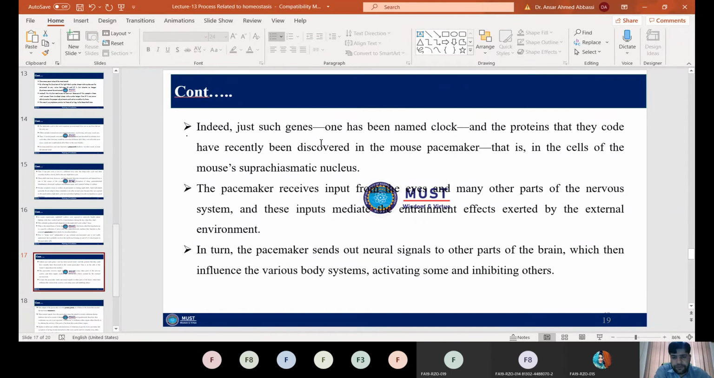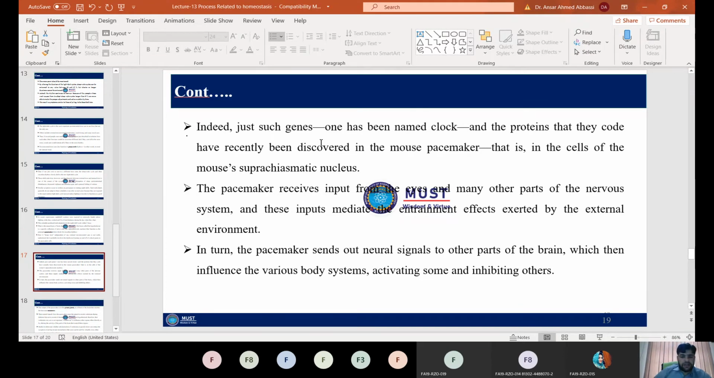So such genes, one of them has been named clock, and the proteins that they code have been discovered in mouse pacemakers, and those are actually present in the cells of the suprachiasmatic nucleus. The pacemaker, which is present in the hypothalamic region of our brain, receives input from the eyes and many other parts of the nervous system, and these inputs mediate the entrainment effects exerted by the external environment. So the pacemaker will send out neural signals to other parts of the brain, and ultimately